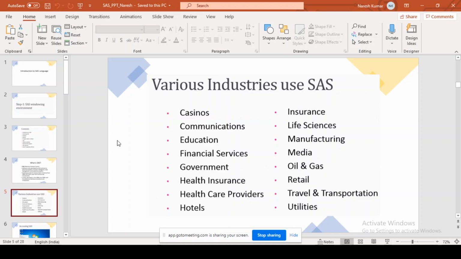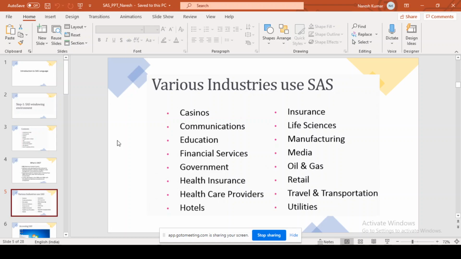Right now SAS Studio is being used, or it has been moved to SAS Studio by many companies. But the previous version was a standalone application where we used to install SAS either in a cloud environment or on our standalone desktop.